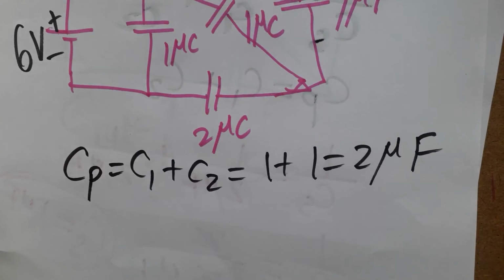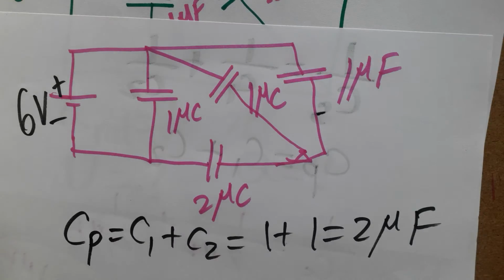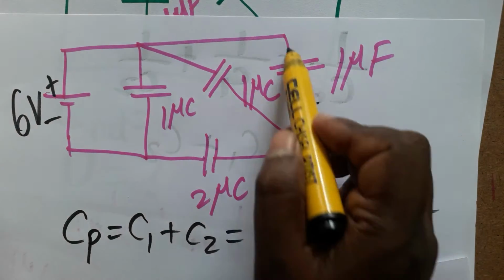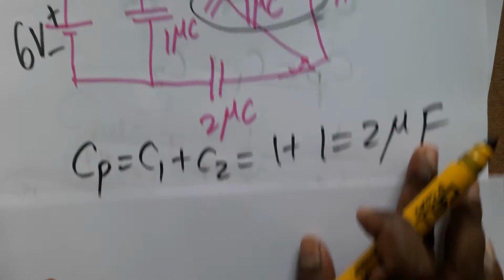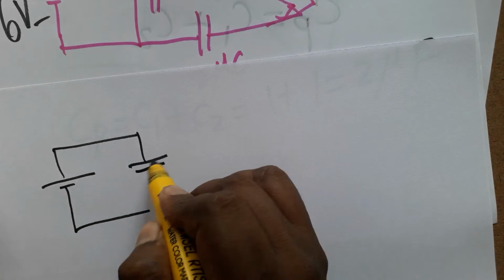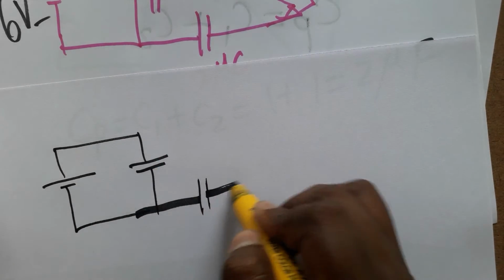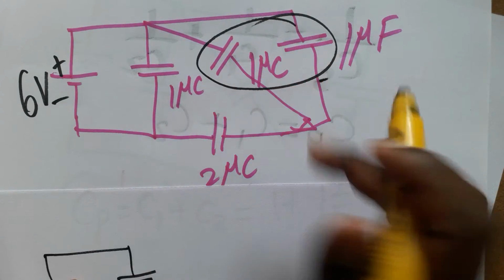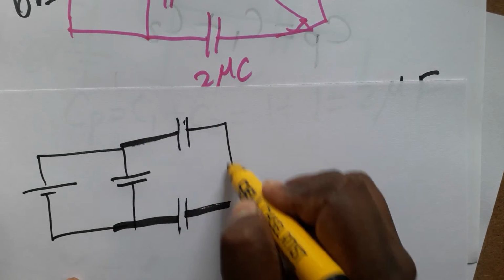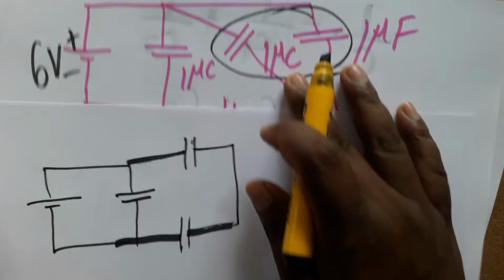Again our circuit is going to be modified in a different way that I am going to show you, because we found the solution for these two. It is 2 microfarad. So now in our circuit we again have a 6-volt battery. Here we have one capacitance, and here one more capacitance. These two we found as the solution. So now we got this value like this. You can draw it slanting also, there is no problem.